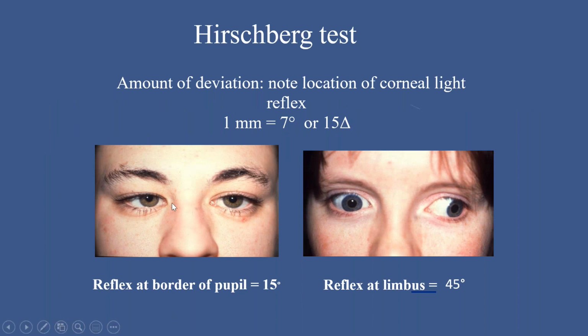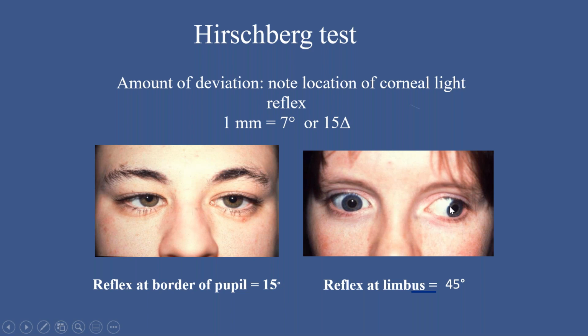Now you can see these pictures. In this, the right eye of the patient is turned nasally, that is, it is esodeviated. So you can see that the corneal reflex is more towards the temporal pupillary border, right? So if it reaches the border of the pupil, the deviation is approximately 15 degrees. Over here in the other picture, you see that if it's at the limbus,